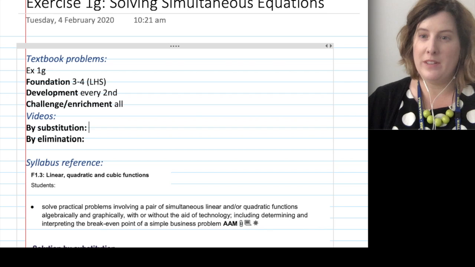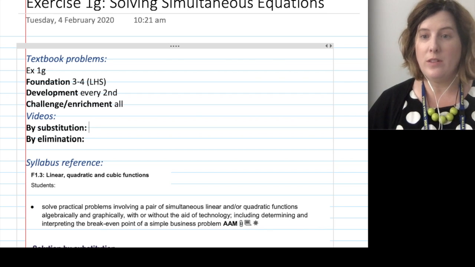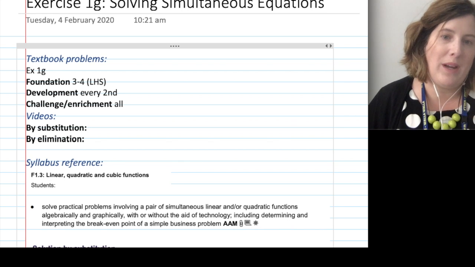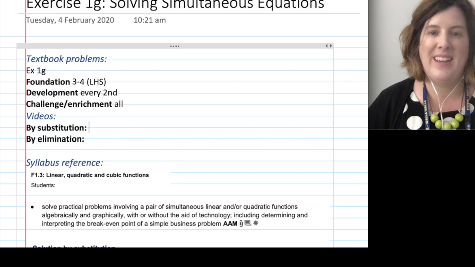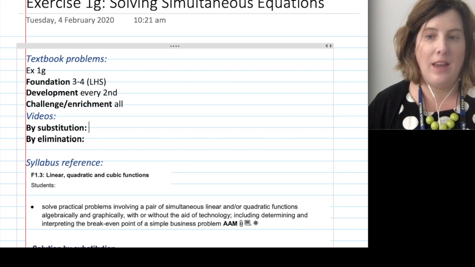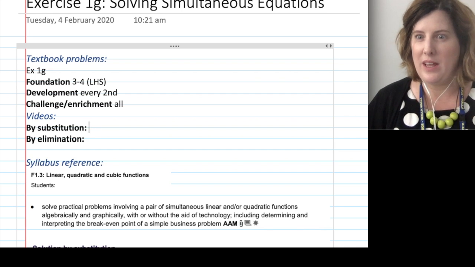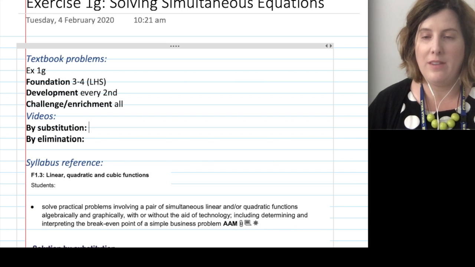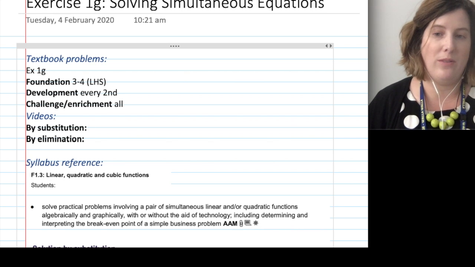We're looking at solving simultaneous equations. So you've just spent some time solving linear equations, so you might have been finding when 3x plus 1 equals 2 or something, and finding the value of x for which that whole thing works. Well, now we've got two equations and we're trying to find the values for x and y where it